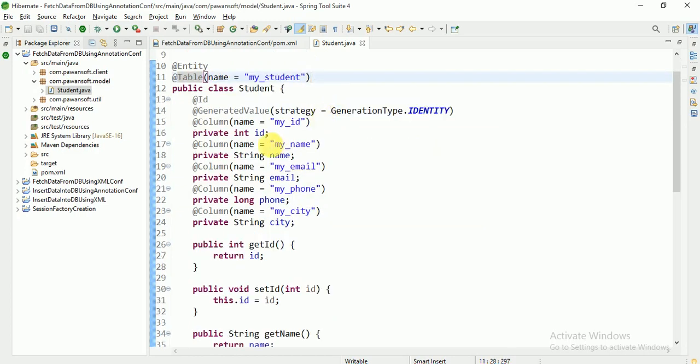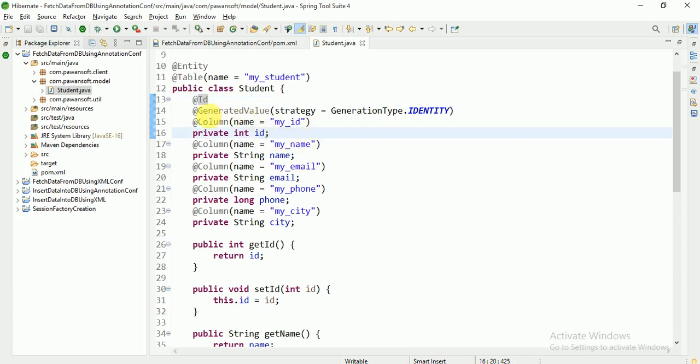And this is the primary key. For the primary key you have to use Id. In my case Hibernate is responsible for generating the primary key id, so I am not going to provide the primary key value; Hibernate will generate it for me.